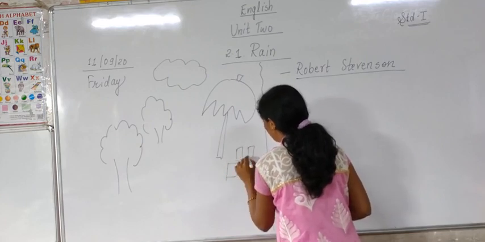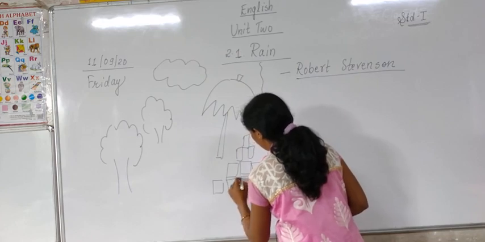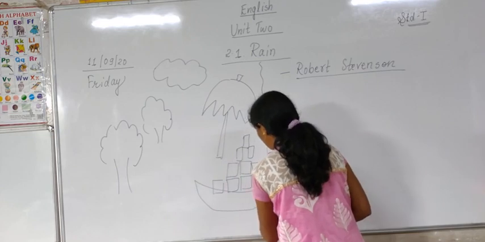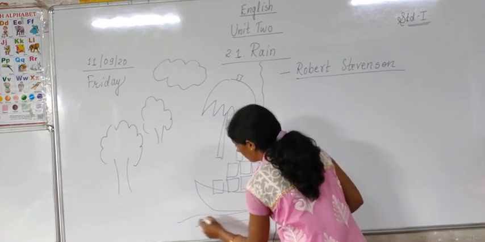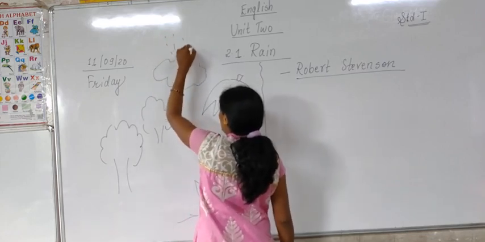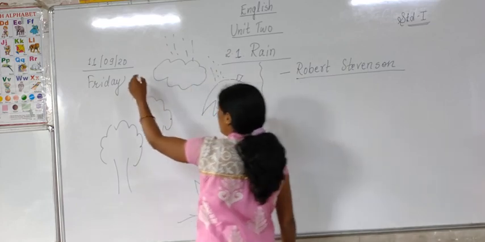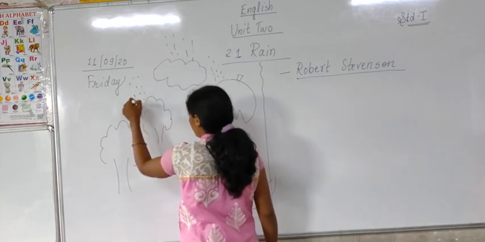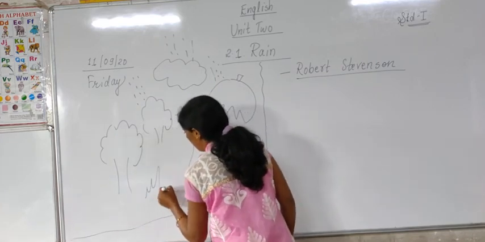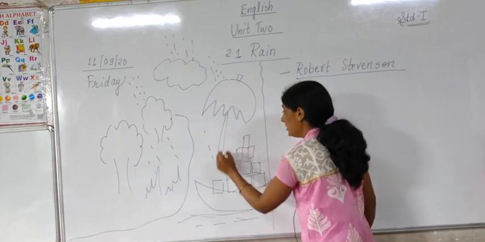What is given here? Ship. And downside what is there? Water. So when rain falls, on what? Rain falls on the clouds, correct? Rain falls on the umbrella, rain falls on the tree, correct? And here downside near the tree, what is there? Grass is there, and rain falls on the field, rain falls on the ship,